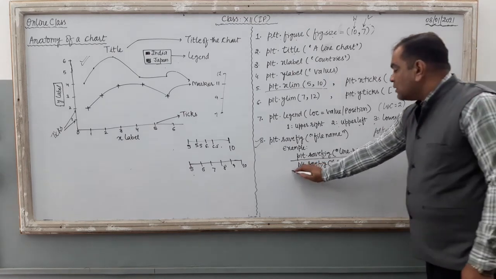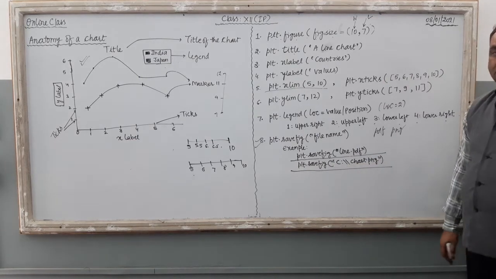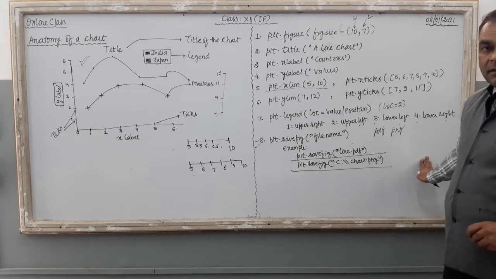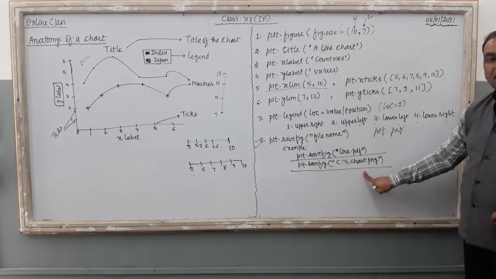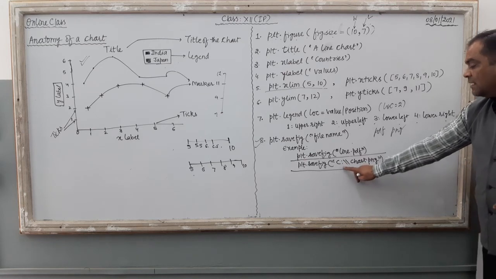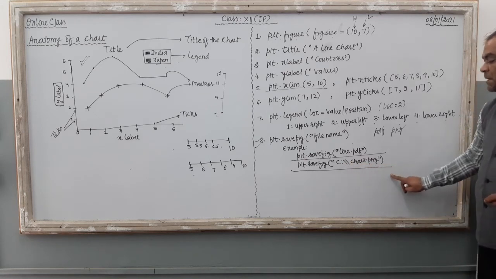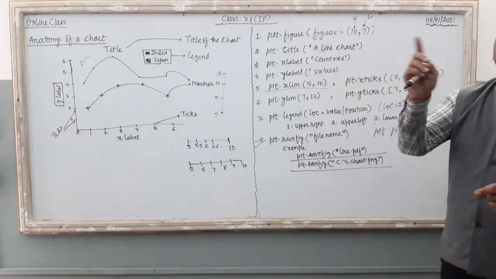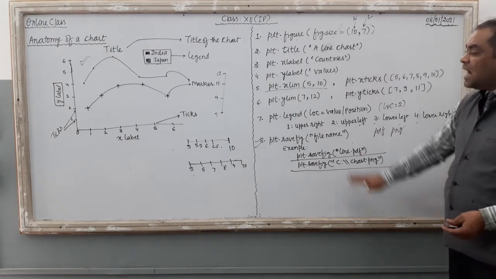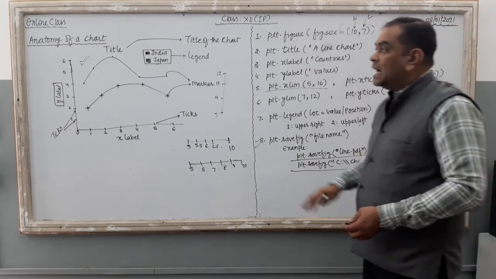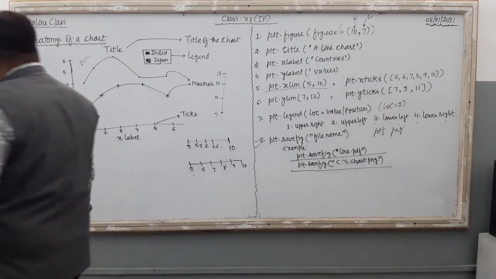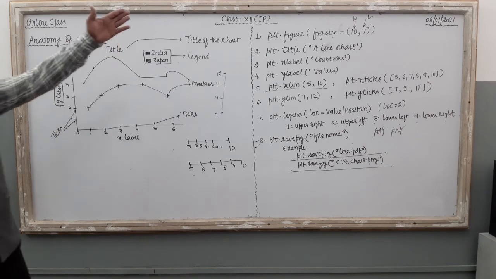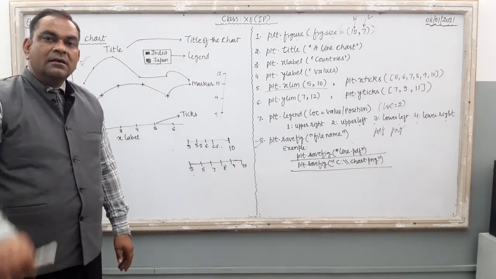Right? If you want to give the specific location of your file: if you write the file name only, the file will be available in the root folder of Python. And if you supply the proper location, like C:/chart.png, the file will be saved in the root folder of the C drive. Right? So these are the functions related to the anatomy of the chart, and here you can see a 1 mark MCQ related to these 8 functions. Right? Thank you very much.